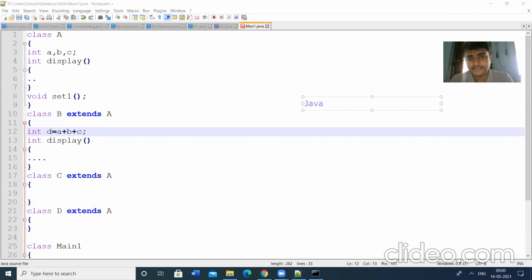Suppose I write Java programming here. Again I am going to write on this. Suppose I take another editor and click here, and I write Java programming again. See here, same letters at the same level. This is called overriding.